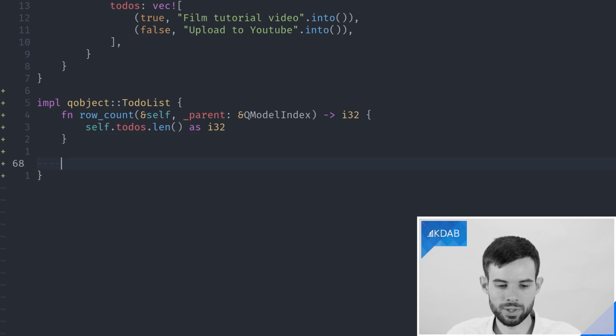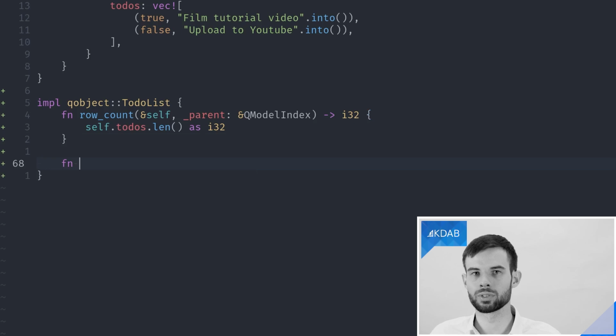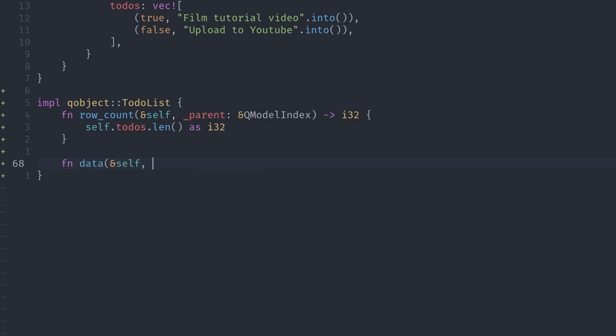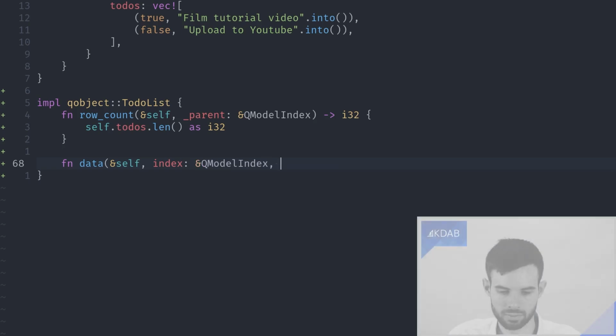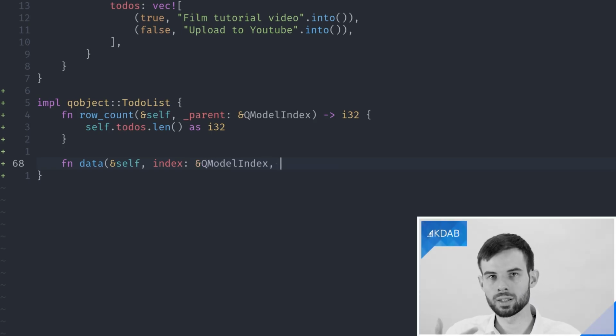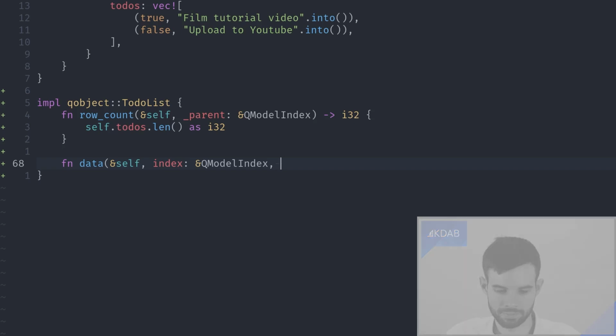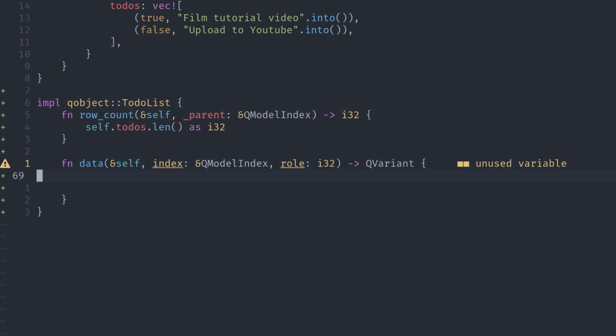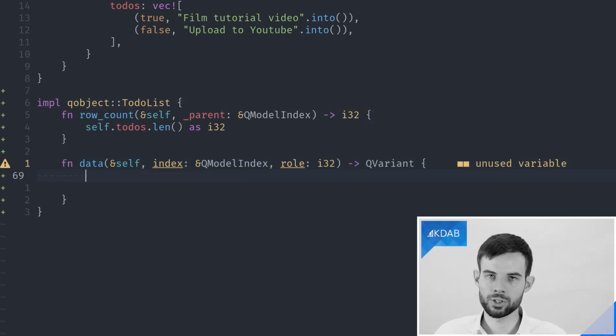The next one will then be our data function, which is sort of the meat of our application. Here I'll actually name the index variable also index, because of course when we access the data, we will need to know the index of that data. So now I'll show you a small trick of how you can actually go from an integer like this to an enum.